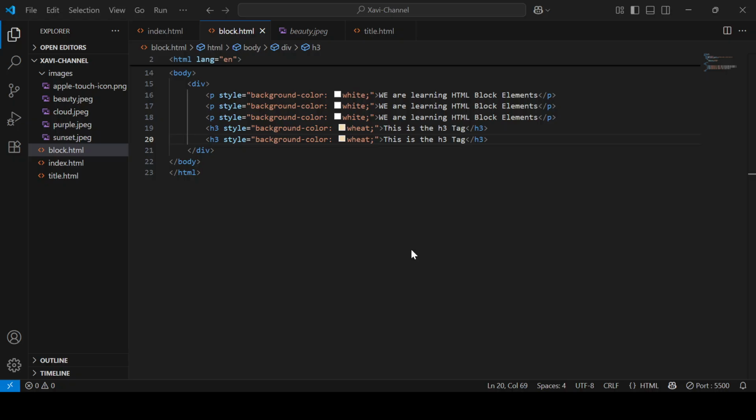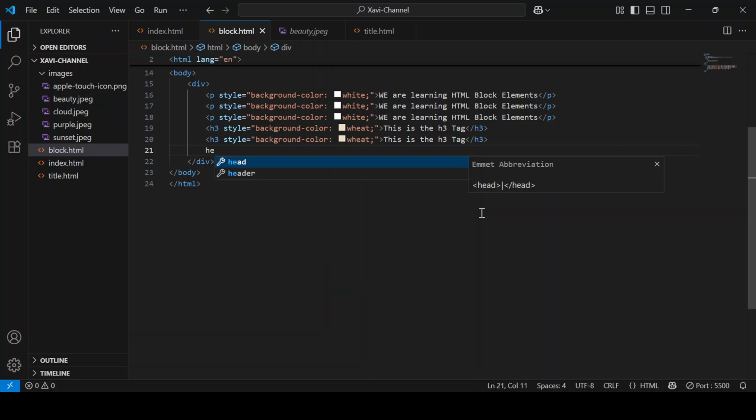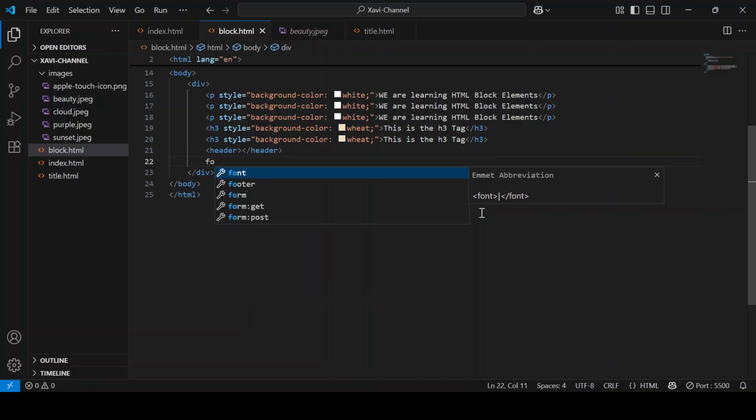So I'm back on my VS Code. So the other block elements we have are like the header tag. This is the header tag. We also have what we call the footer tag. We have like this, the footer tag. So this is as well a block element. We have other block elements. There are lots of them. So take this as